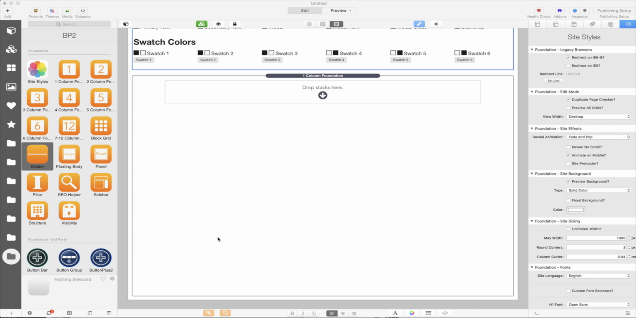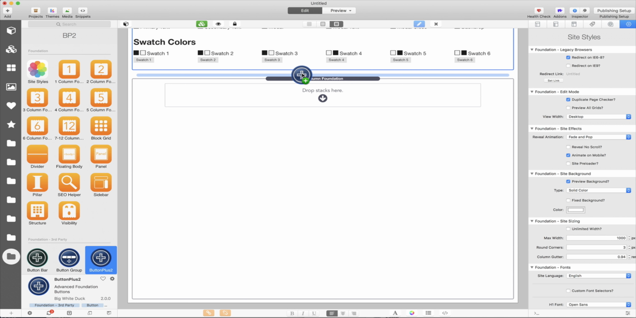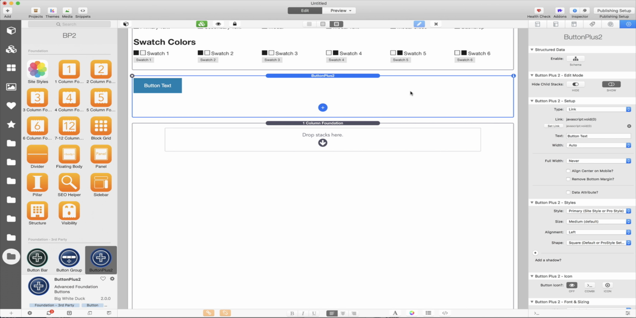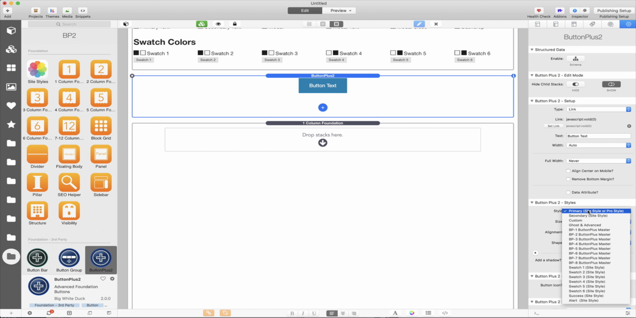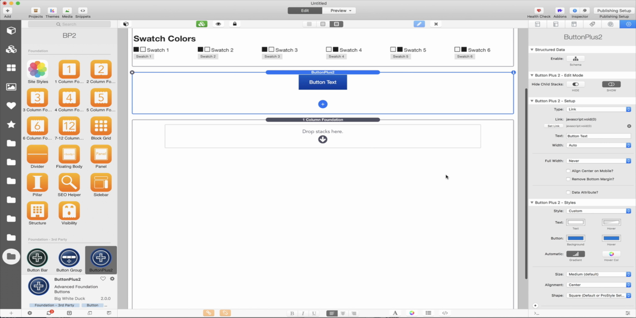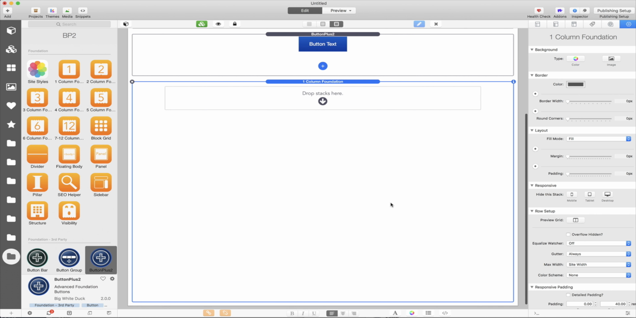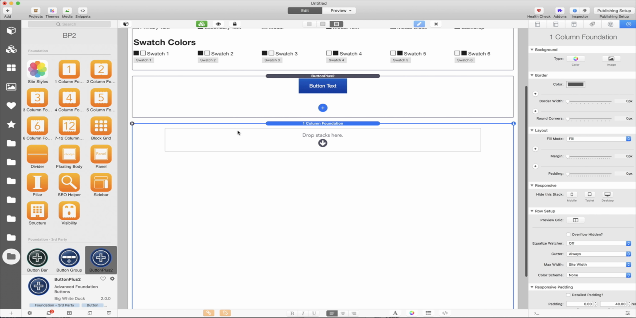So let's see how easy it is to make a drop-down menu with ButtonPlus2. First of all, we'll add a button to the page. Let's put it in the middle just for the purposes of this and give it a custom style, perhaps a gradient if you want as well. You notice that I've just put one column underneath with lots of padding. That's just because there's nothing else on the page and we need to make room for the drop-down to drop